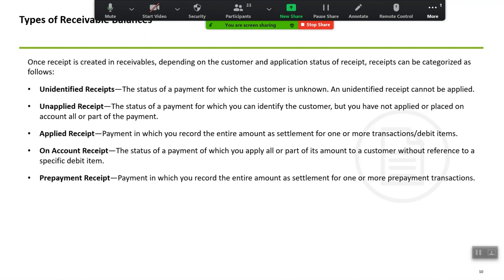So when you tell the system that this money that I had received is against an XX invoice, and you enter the invoice details also onto that particular system, then suddenly the status of that particular receipt would change, and you would see that the amount is shifting from your unapplied state to your applied state. So you would suddenly come to know that the $100 was unapplied, now the $100 is applied.